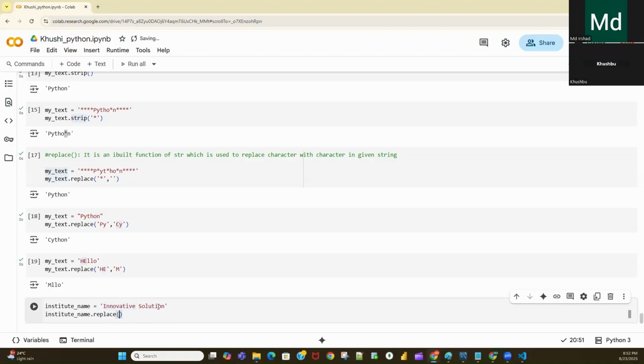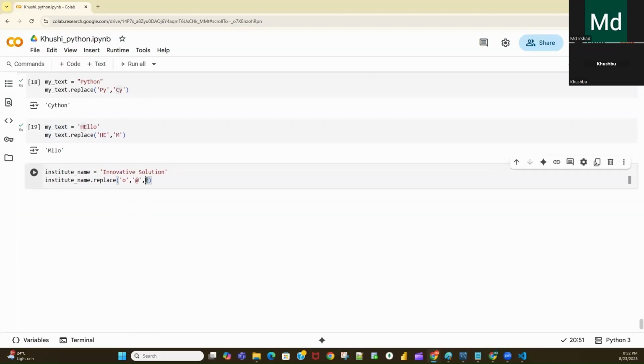For that, here you need to pass a number to the replace, saying how many O you want to replace. So first I need to give the character which I want to replace. So I'm saying replace O with at the rate, and replace the first two O. I am giving this number 2. So what this replace function will do is replace the first two O from this string. So this is your first and this is your second, so it will replace only these two O. This third O it won't replace. So if I execute, you will see it replaces this O and this O, and the third O is there.